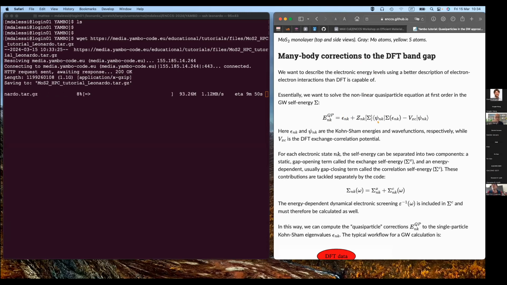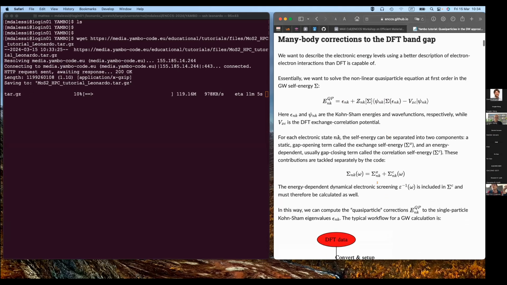And here we recognize some of the stuff we've seen before: the DFT Kohn-Sham wave functions, energies, the exchange-correlation potential, and the main quantity we need to compute with Yambo, which is the self-energy in the GW approximation. As we've seen in the talk by Alberto, this is divided in two parts: an exchange part and a correlation part,